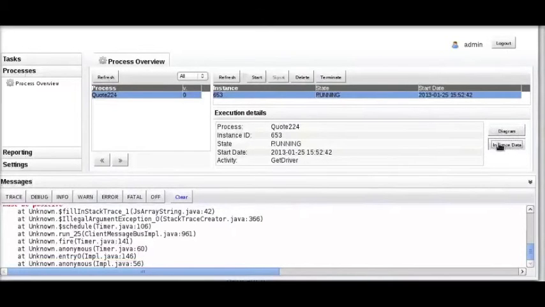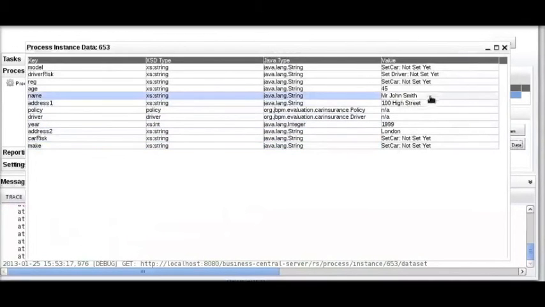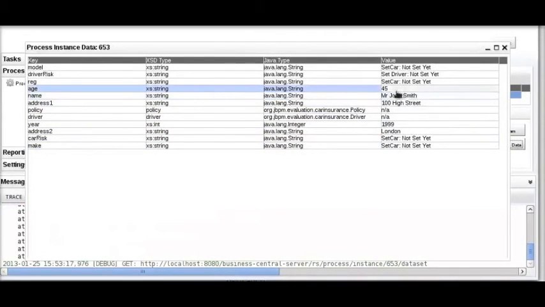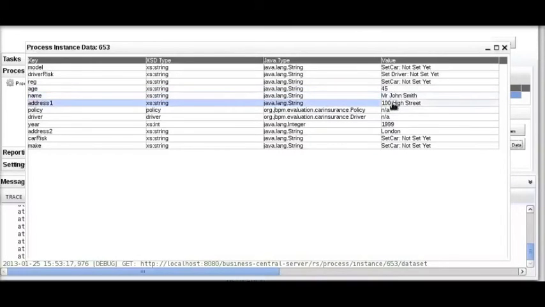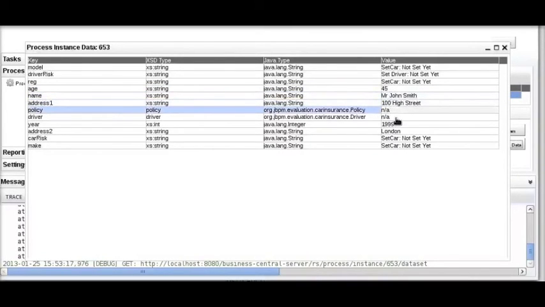We can also click on the instance data, and you can see the information we've collected so far. Mr. John Smith, 100 High Street, in London, and an age of 45. So those variables have been captured and put into the worksheet inside the business process. Let's switch back